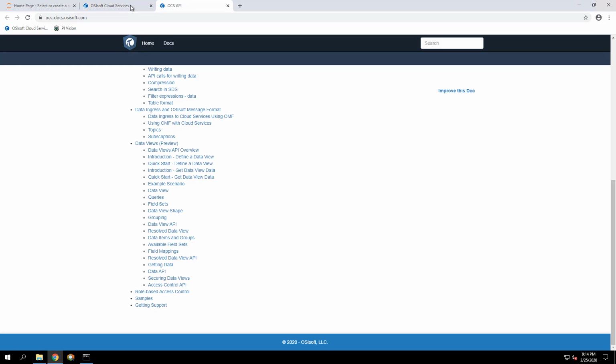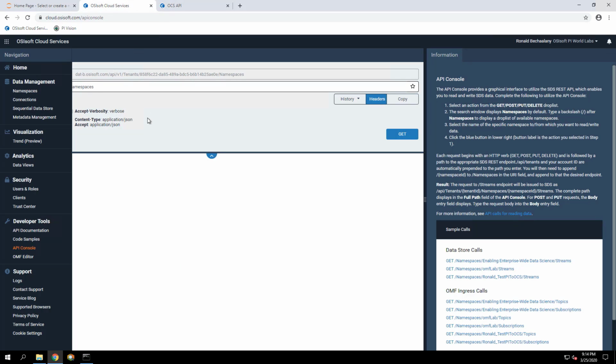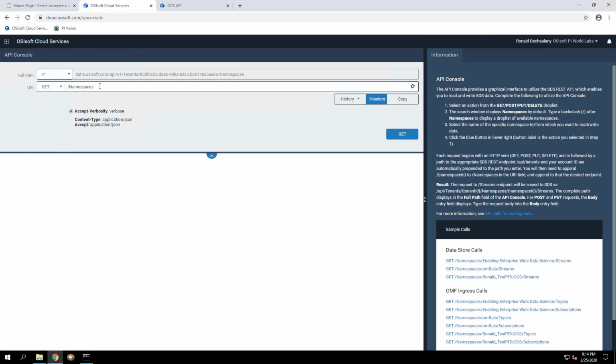And what you can do here in the API console is you can prepare the URLs you need in your script, and you can check. So you can do a test and check the results of these URL calls, which you can do. So in this case, most calls are done in this format.